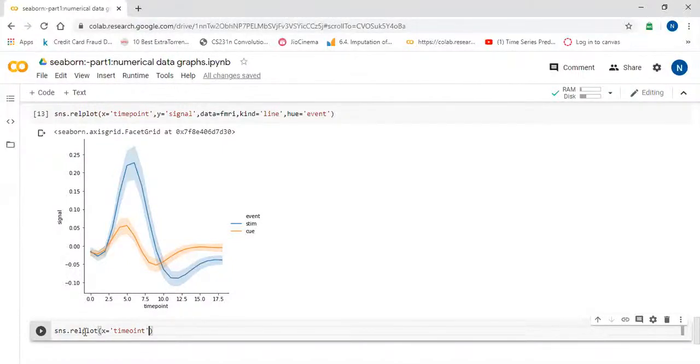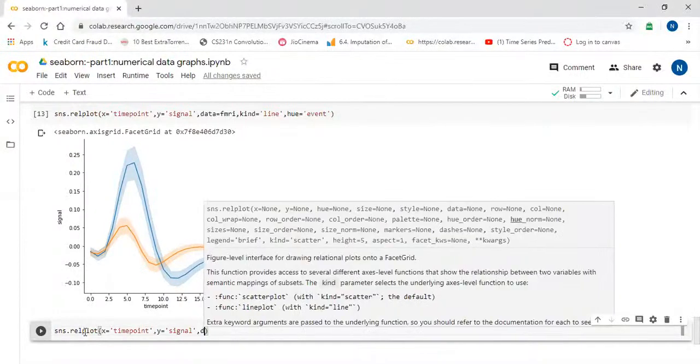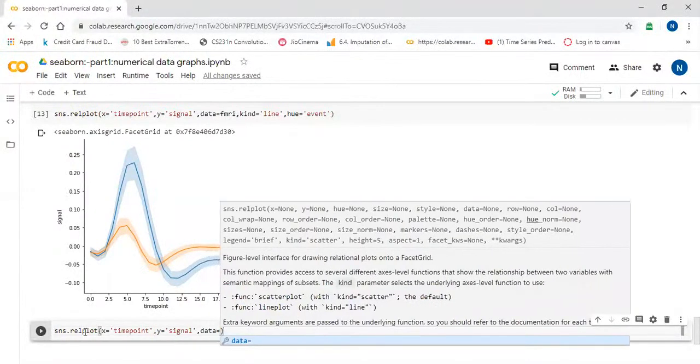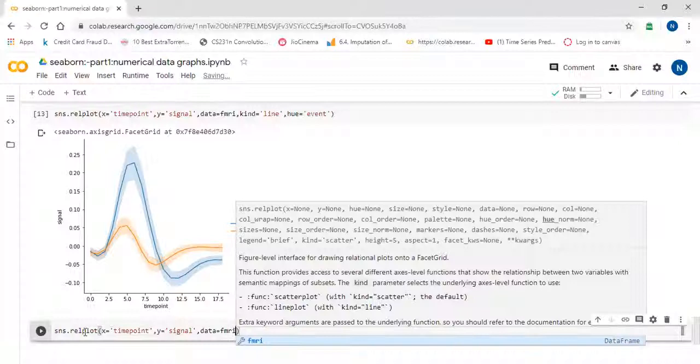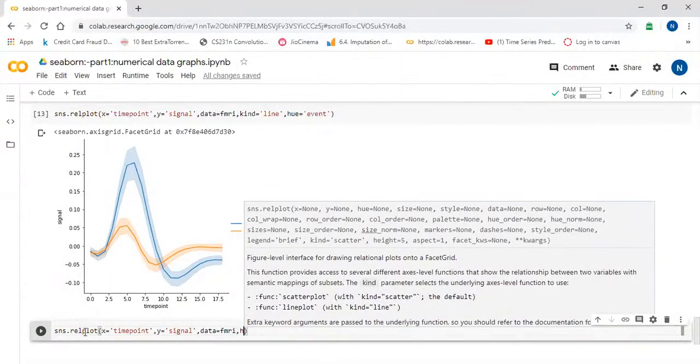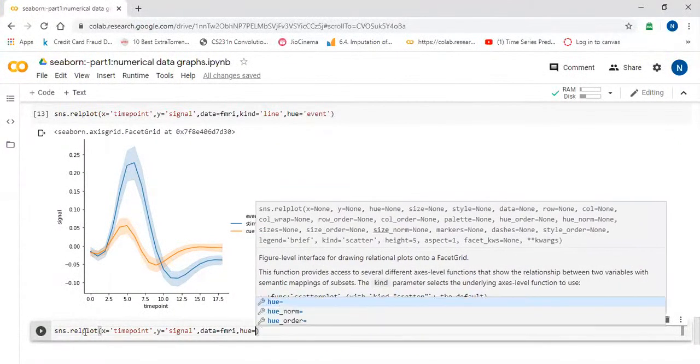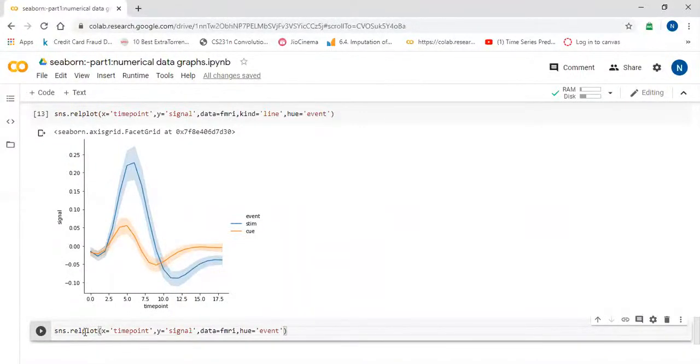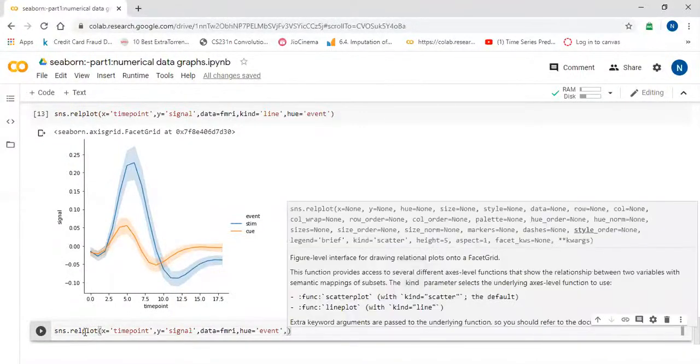Time point, time point, and comma y is equal to signal, then data is equal to fMRI, comma q, which we have done is event, and style.